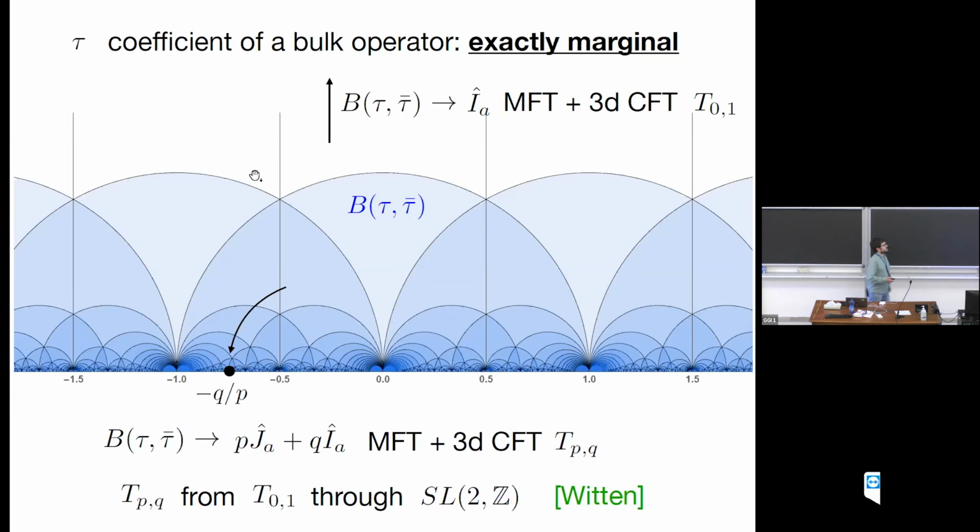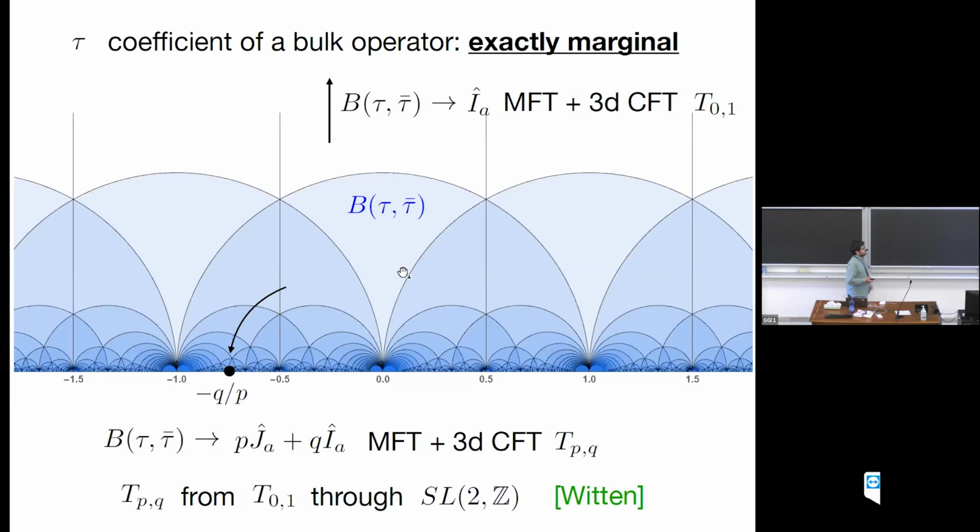But what is more interesting is to try to understand the various decoupling limits between the bulk and the boundary. So obviously by construction, there is one in which we send the coupling tau to infinity in the upper half plane, meaning that we turn off the gauge coupling. And if we do that, we are just going to find the Neumann mean field theory, which is the mean field theory of the, let's say, magnetic current. And we're going to get the 3-dimensional CFT that we gauged a second ago, because the two are going to decouple, right? If I send the gauge coupling to 0. But then suppose instead